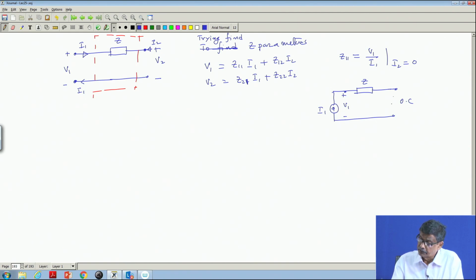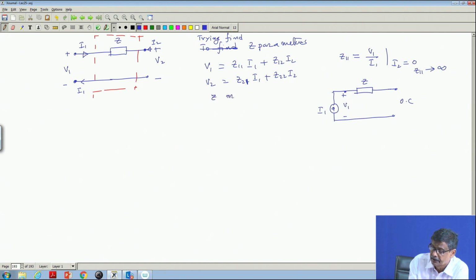Therefore, Z 11, if you want to do it, which you should not do, you know that a current source should not be kept open circuited, high voltage appears. So, this is what we will be facing on pen and paper, at least we can easily argue that in such a case Z 11 will try to go to infinity. So, the elements of the Z matrix become infinitely large, and what is the point of writing an equation with infinity as coefficient? We will say for this simple two port network the Z matrix